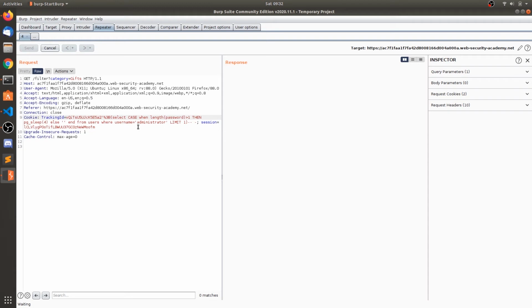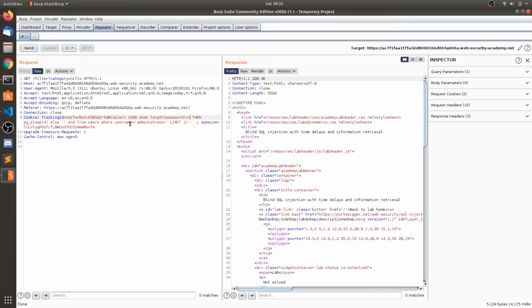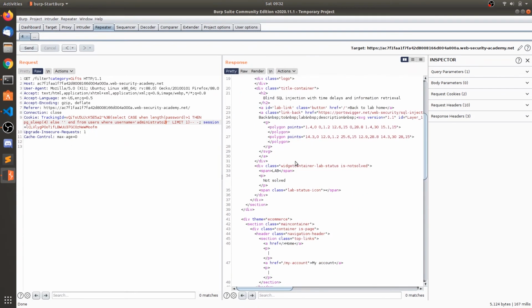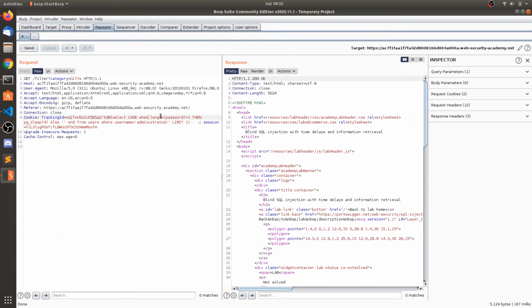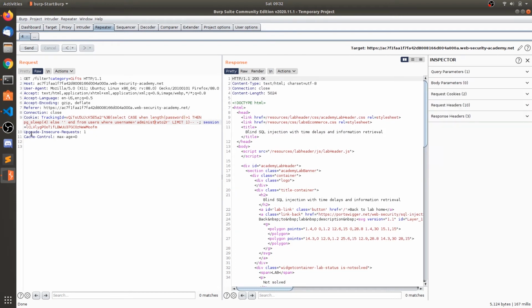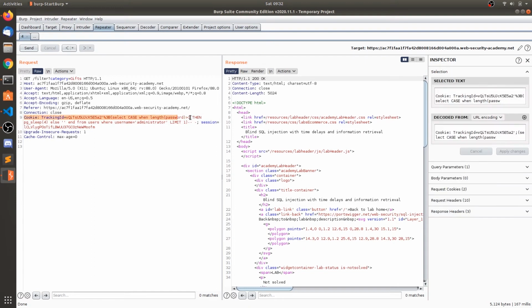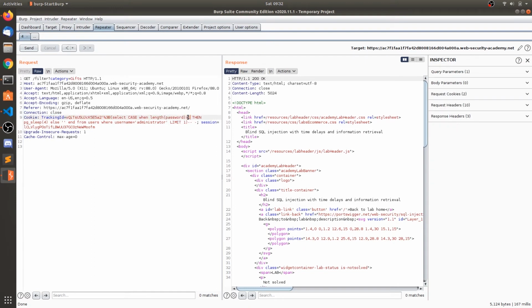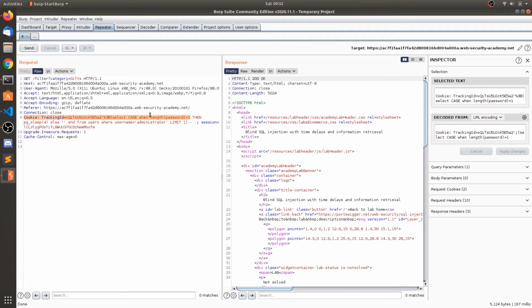So you can see first we are selecting the content where username is administrator, so it would return the password, and then we are checking the length of password is greater than 1 or not. Let me change the username to one which does not exist, and you can see immediate response. So that means this length of password failed, that is there is no password column for this user, so that's why it returned errors. So you can brute force the usernames. So now we came to know that there is a password field for the administrator user.